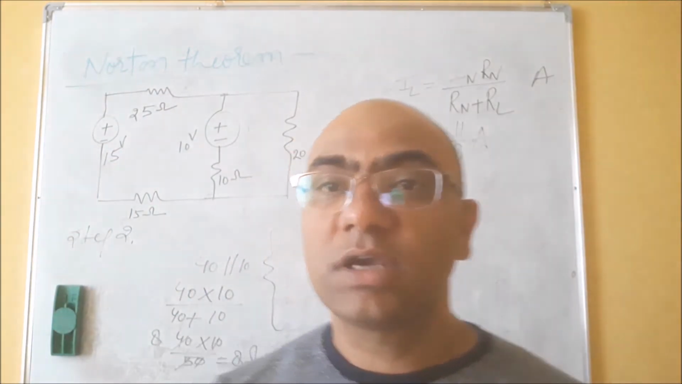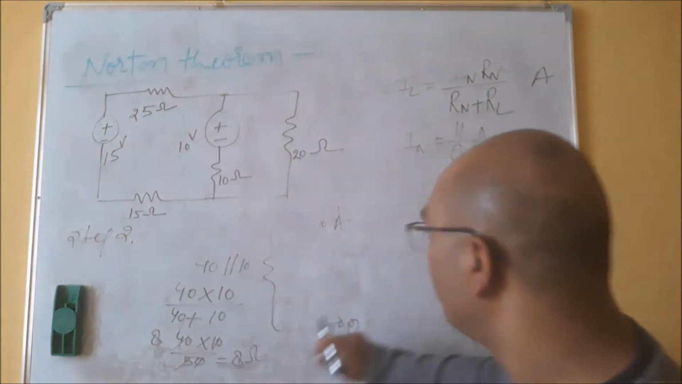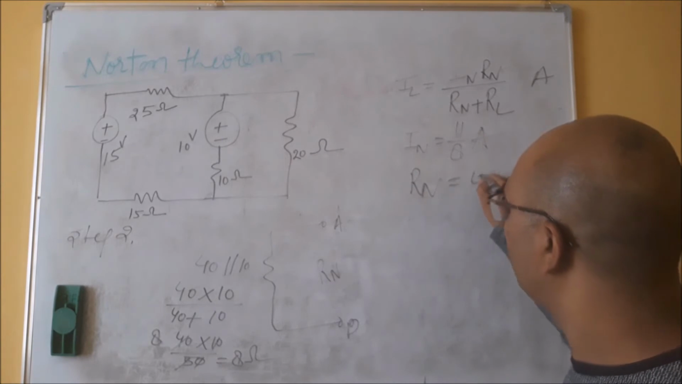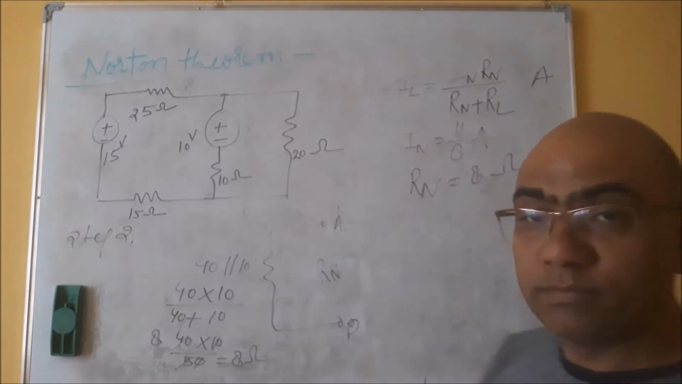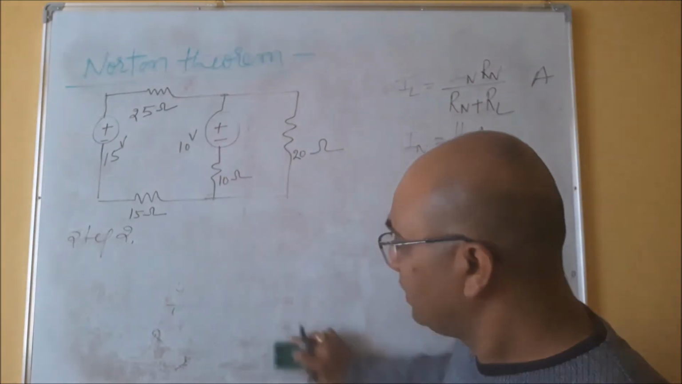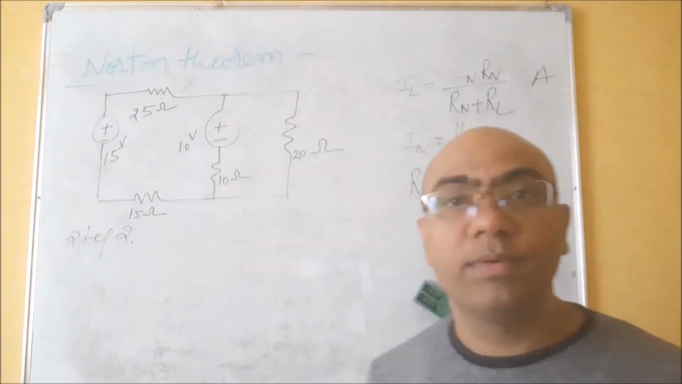So the resistance across terminal AB is 8 ohm, and this resistance is known as Rn. So the value of Rn is 8 ohm. So the second step is over. Now what is the third step? The third step is to